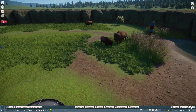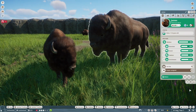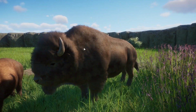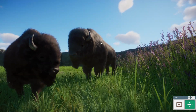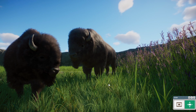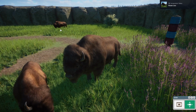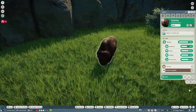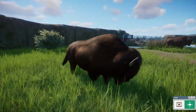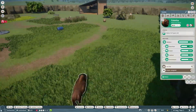Alright. Oh, I want to see if I can get a really nice picture with them. Oh my god. This one actually might be good. Let's see. That's cute. Oh my god. I actually like this one. With the purple flowers and the grass. I love that. Let's see. What would the angle look like from here? Not as great. But I'm already loving the bison, so...